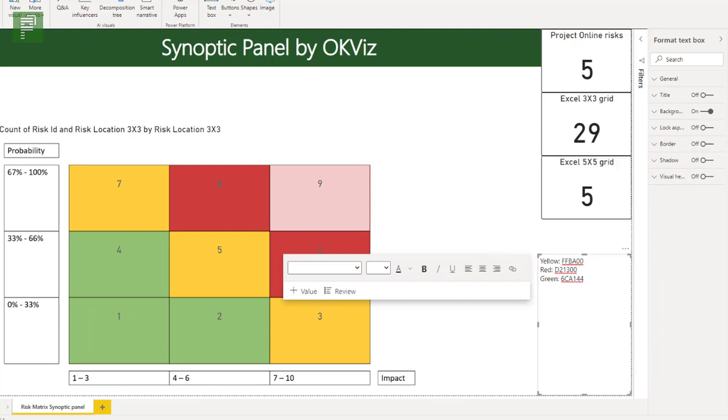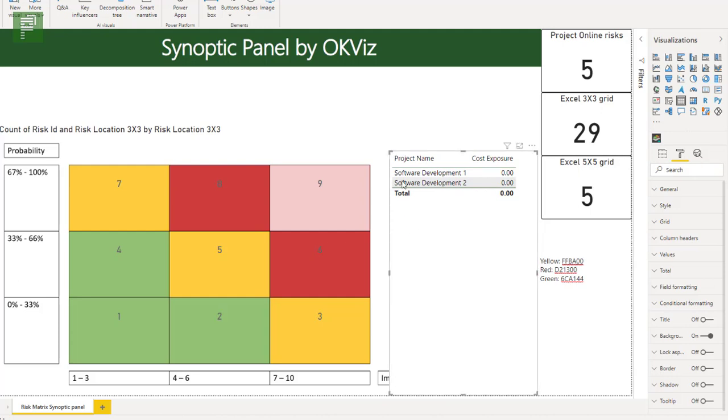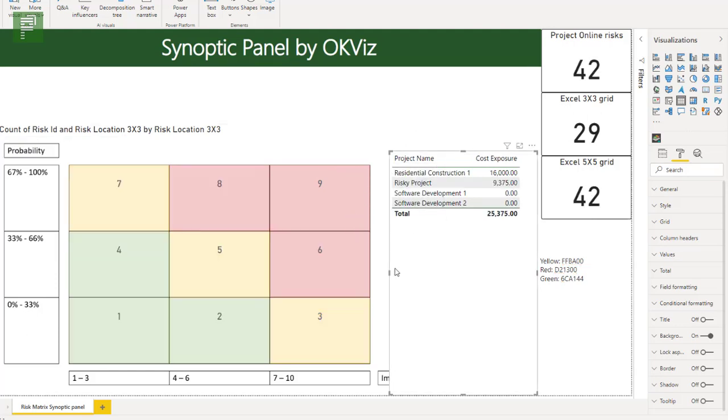I have a table, and in that table I would like to have the project name as well as the cost exposure next to it. So I have these projects and they're all in 2. So when I deselect everything, everything is white, and we see that everything has a place in one of these 4 projects. If I select this value here,